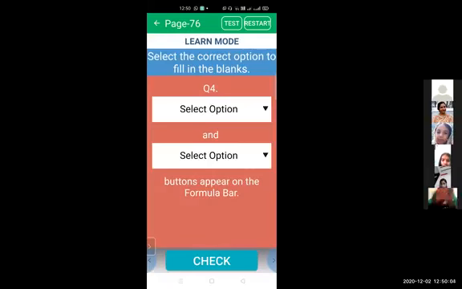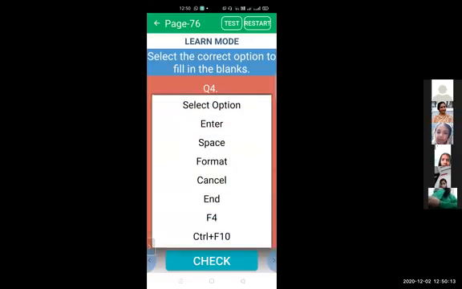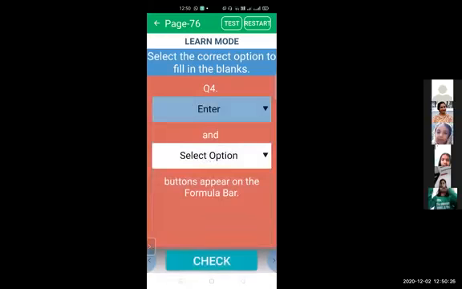Next question is dash and dash button appear on the formula bar. Now you all have seen the formula bar and you know enter. Parinika is writing the answer enter and space, but it is not enter and space. One is enter button and another one is cancel button.